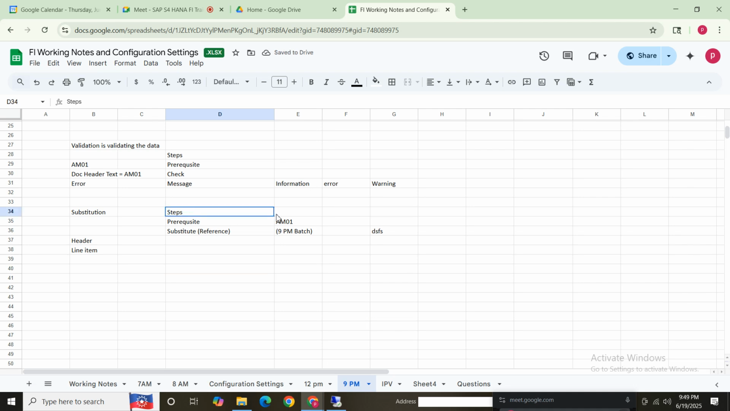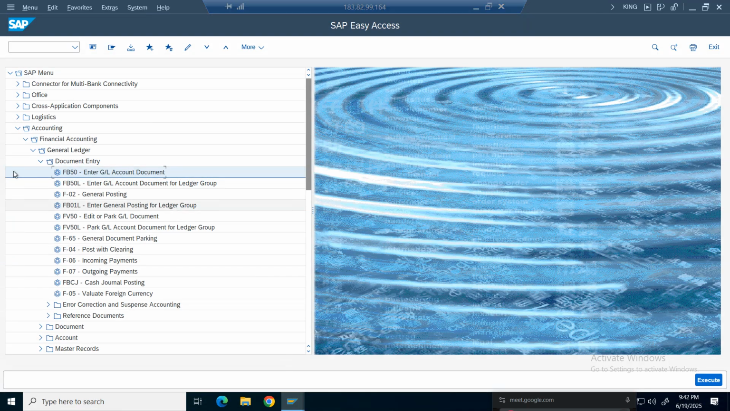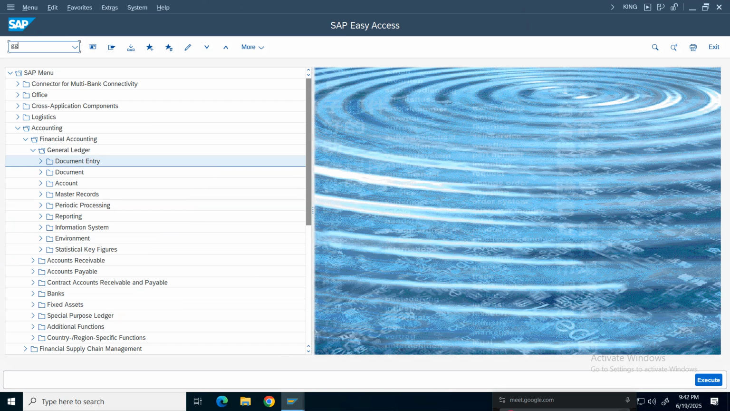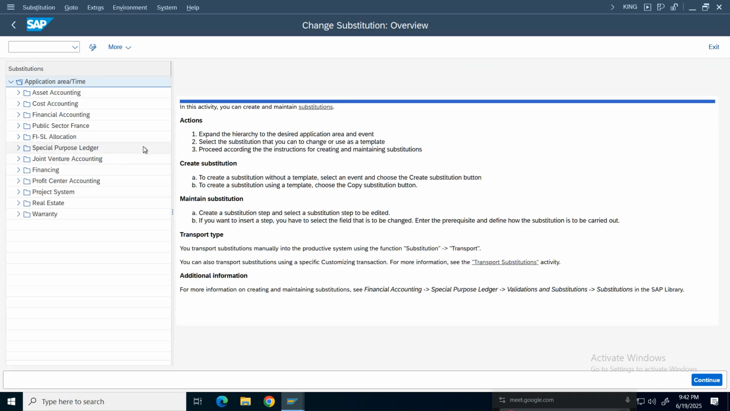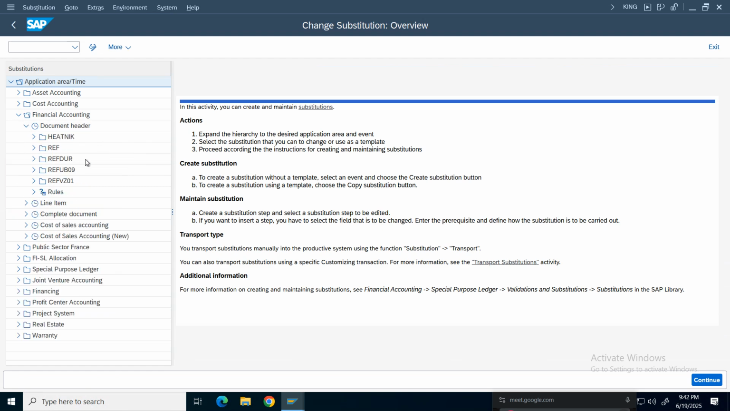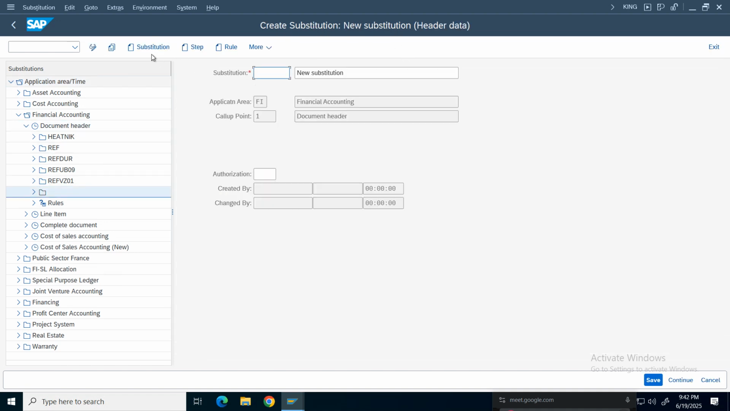We'll try to test this scenario once. So substitution, GGB1 is the transaction code. Financial accounting, document header, click on substitution. We're creating a substitution now, not the validation. So this is also the reference field. For example, it's a new substitution. See, I already entered some for some other company code, I think. For AM01,